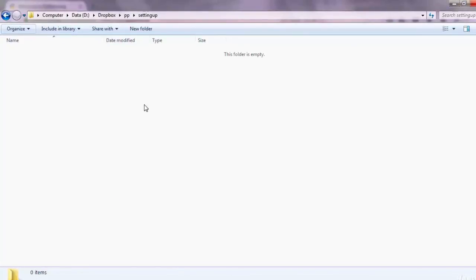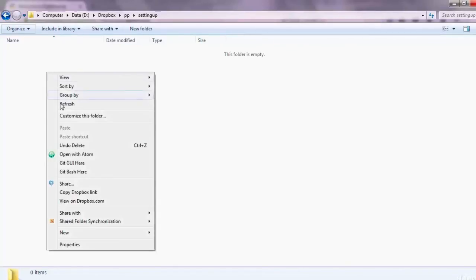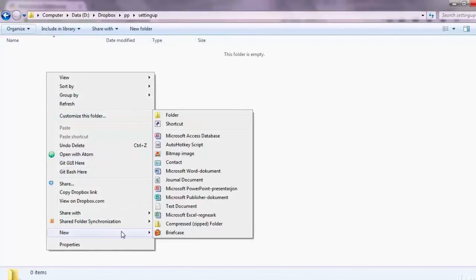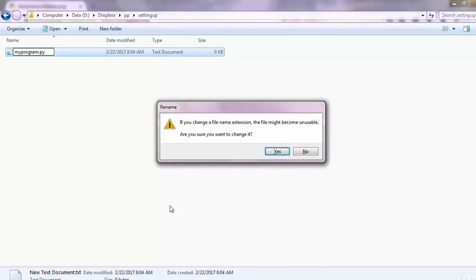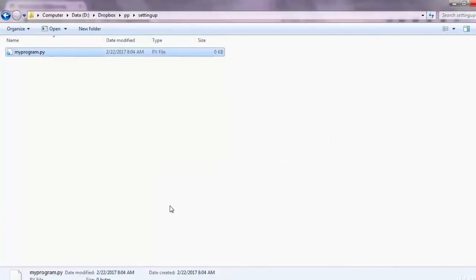Cancel that. And with the option unchecked, you go ahead and right click and create a text document and put a name, let's say my program, and you want to remove the .txt extension. I want to say .py. Okay, no problem. I want to change the name. Now this